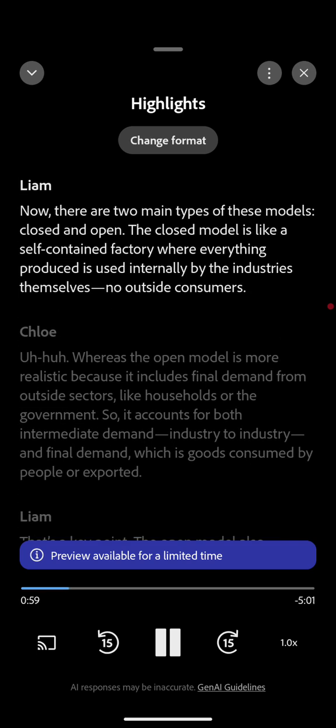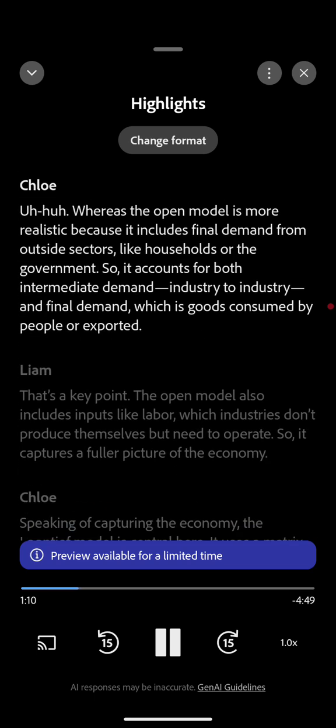Now, there are two main types of these models: closed and open. The closed model is like a self-contained factory, where everything produced is used internally by the industries themselves. No outside consumers. Whereas the open model is more realistic because it includes final demand from outside sectors, like